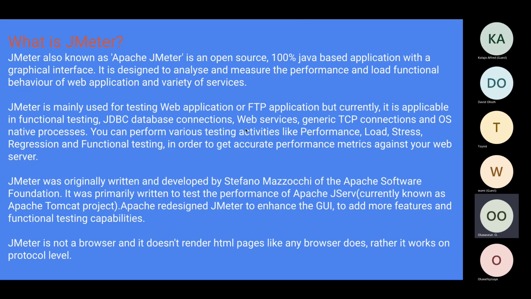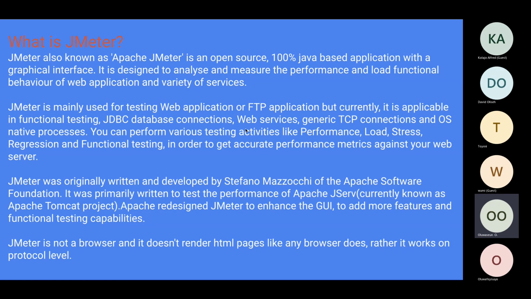So what is JMeter itself, the tool we use to perform performance testing? JMeter is also known as Apache JMeter. It is open source. When you hear the word open source, that means it is free. You don't need any subscription or any payment to use the application. There are some applications that require payment, maybe for you to subscribe, or where a particular number of people can use the application on your team and all of those things. But something that is free that anybody could download and use is called an open source tool. It's a 100% Java-based application.